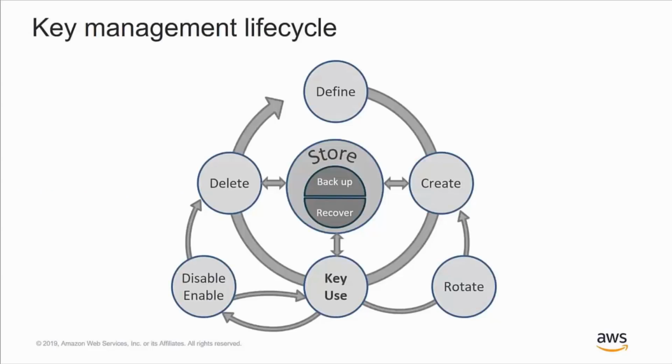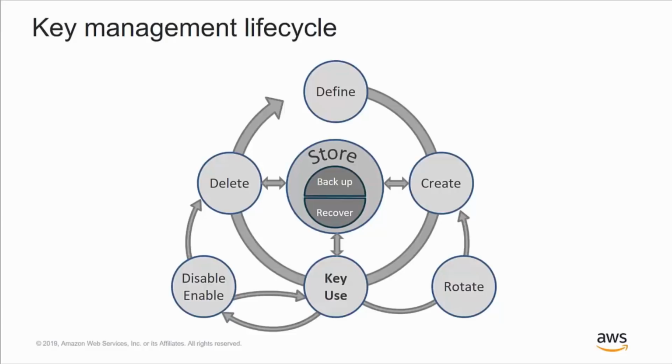So it's important to first think about the key management lifecycle. If you were to Google key management lifecycle, there are many, many different interpretations. Here's one that I find useful. Think about a key as living in sort of 4 stages. You define the key, you give it a name, you declare its existence in the universe. You create the actual key material that lives beneath that key, which might change periodically as you rotate the key, even though the name of the key, the alias of the key, the policy of the key, the definition of the key might stay the same.